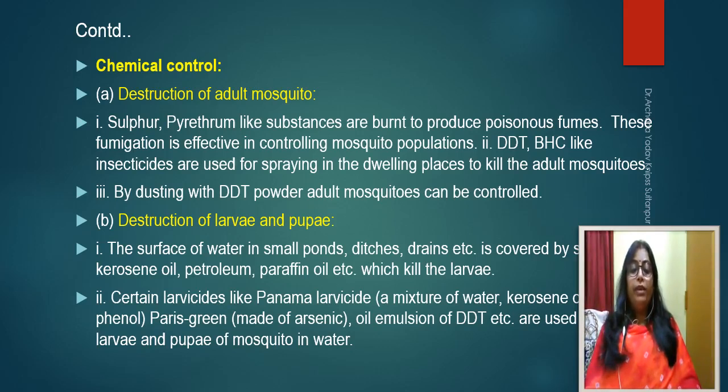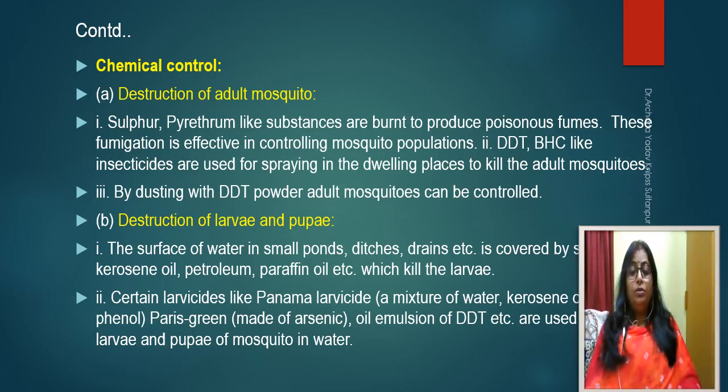Destruction of larvae and pupae. How can we destroy the larvae and pupae? The surface of water in small ponds, ditches, drains, etc. is covered by spraying kerosene oil, petroleum, etc., which kill the larvae. How do they kill the larvae? Because when it's spread on a water surface, the respiration process gets affected and due to the deficiency of oxygen